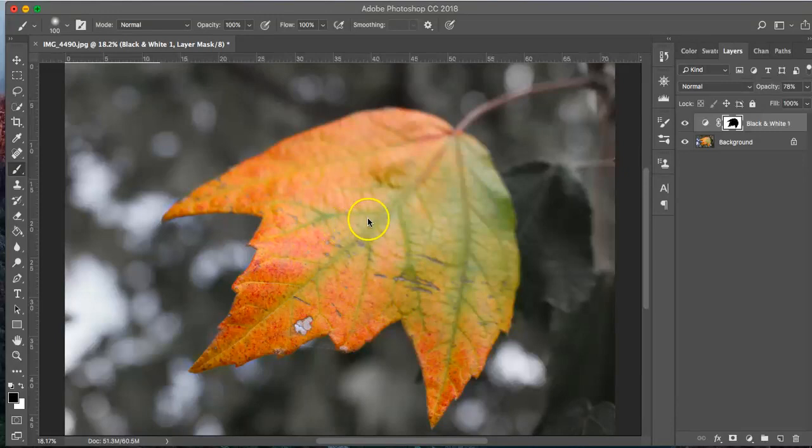I also did something else in my Layers panel. While you have the layer mask, the black and white, selected, you can go up to opacity. I lowered the opacity a little bit just so that I can bring back some of the color in the background so that it is not all black and white against the color leaf. I like the contrast of it being partially black and white, and what you're doing here is lowering the opacity